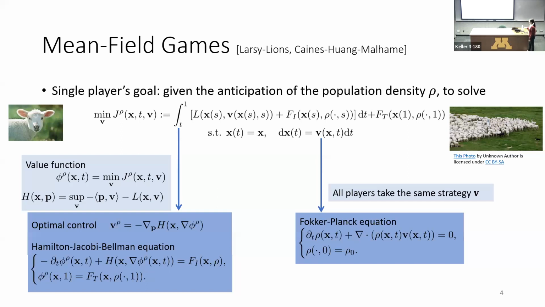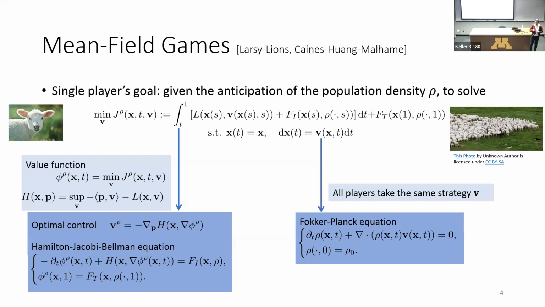So here you see this value function of the Hamilton-Jacobi-Bellman equation depends on the density evolution of all the other players. On the other level, that means your optimal control depends on the density of all the other players. But at the same time, the distribution rho also depends on the control. So you give me an optimal control. Everyone follows the control to move their trajectory, and then